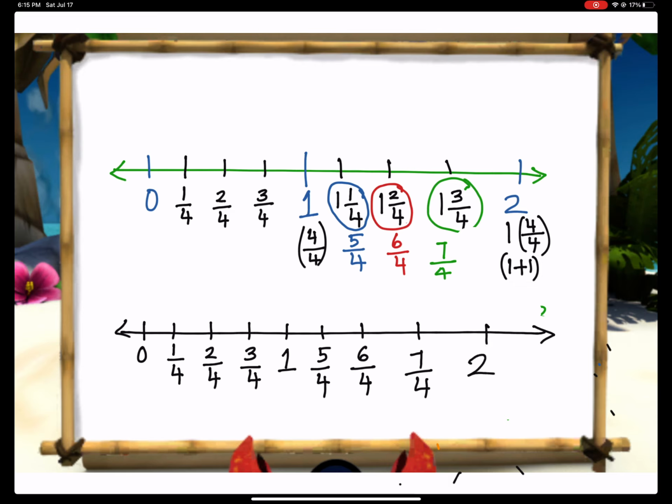So this is the number line. So this 2 by 4, if you see this 2 by 4, can also be simplified and can be written as, let me erase it. 2 by 4 can be written as 1 by 2, half. Okay,